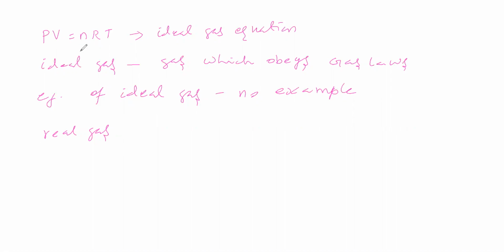Now we will continue with this equation, this formula. In this formula, we'll take some more points, regarding this R and how to calculate it. In the place of pressure, we take 1 atmosphere. This volume we will substitute later. In the place of n, number of moles, we take 1 mole. This R is called the universal gas constant, and T we will substitute as 273 Kelvin.